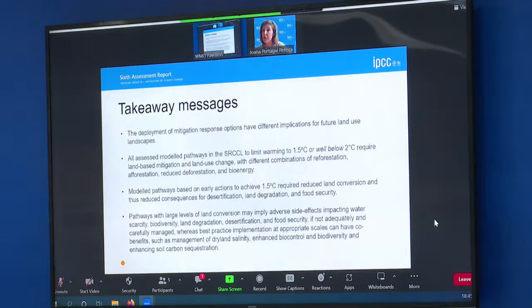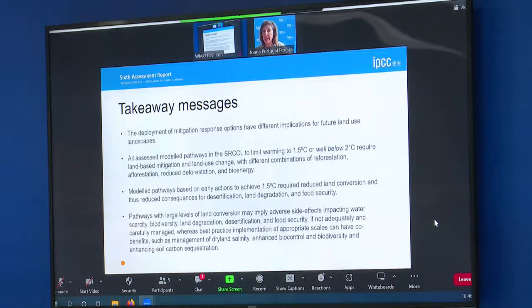And on the other hand, if we delay climate action, we may be more dependent on carbon dioxide removal strategies, with higher amounts of land that clearly has negative impacts on other ecosystem services and other sustainable development priorities. So the pathways with large levels of land conversion and dependence on carbon dioxide removals have clear adverse side effects in terms of water scarcity, biodiversity, land degradation, increasing acceleration of desertification, and food